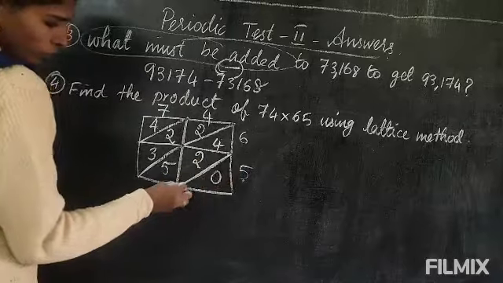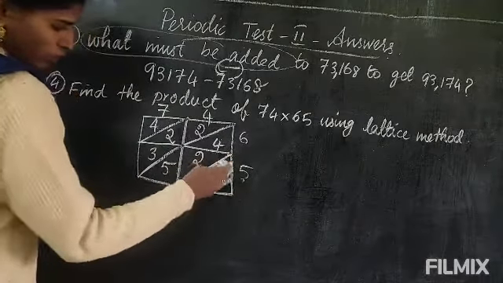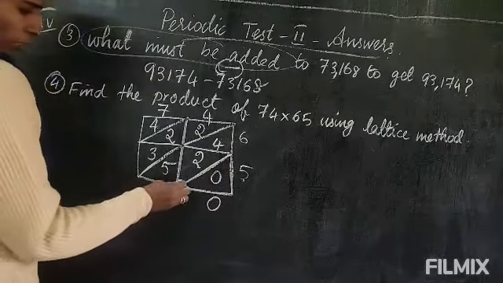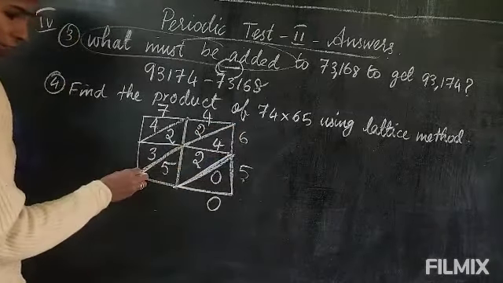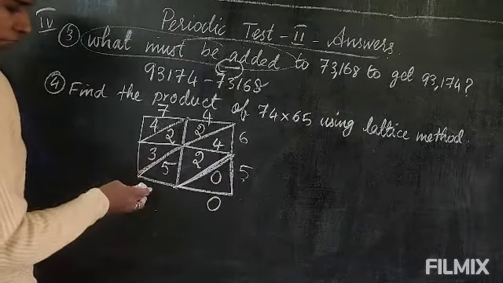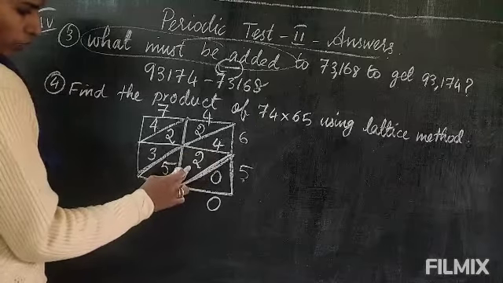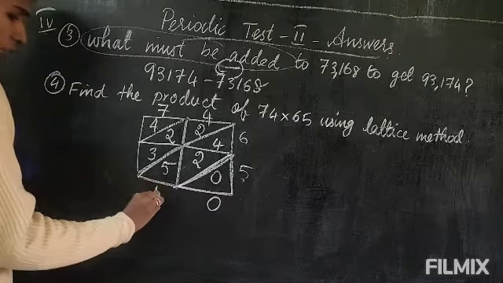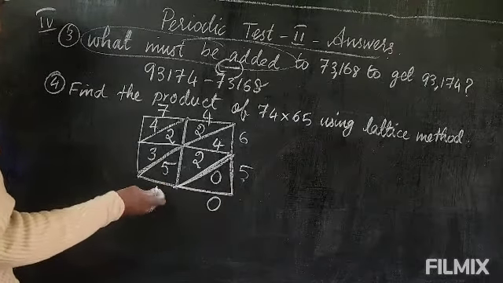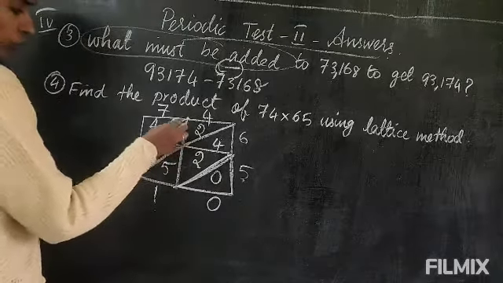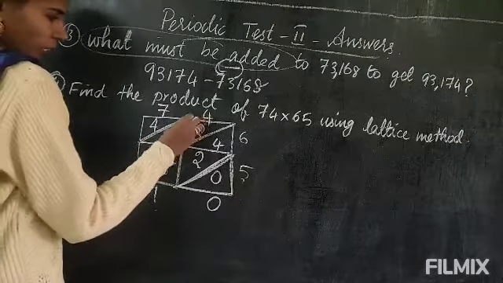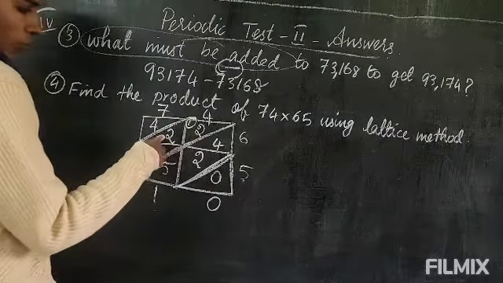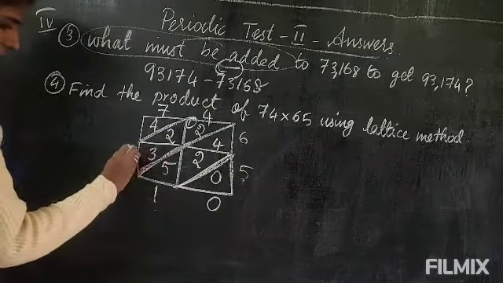Now in the first triangle, whatever number is there, you just write it down. 0 is there, so you write 0. Now between this diagonal line and this diagonal line, whatever numbers are there, you add and write here. Now 4 plus 2 is 6, 6 plus 5 is 11. So you have got 11. You cannot write a 2-digit number here, so you write only 1, and that other 1 you carry to the numbers between the next two diagonal lines. There you add it with those numbers. Now 1 plus 2 is 3, 3 plus 2 is 5, 5 plus 3 is 8. So you add and write that here.